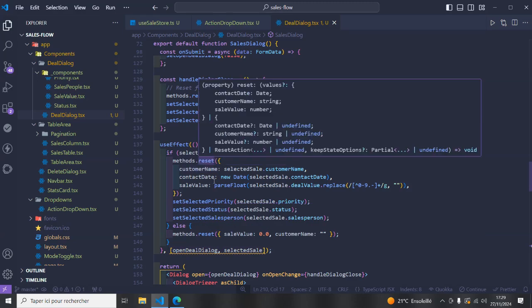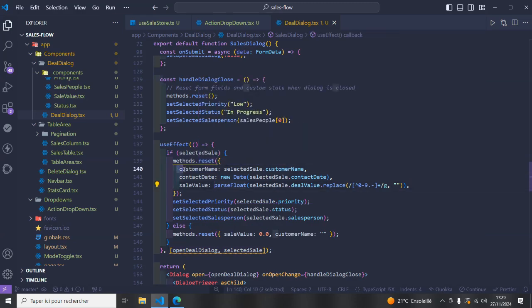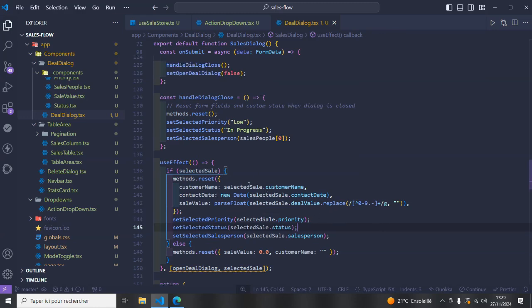If it is not null, we're going to update all of the keys that we set in our schema like this. And we're going to get the information from the selected cell. We're going to use the customer name property to assign it to the customer name key. And the same thing I did for the contact date. So here we're using the new Date, so you can convert this from a string to a date